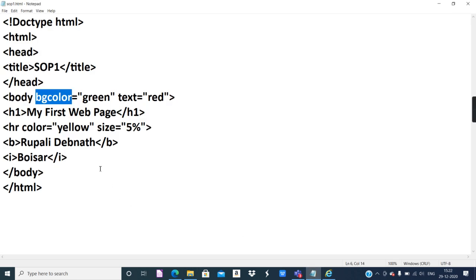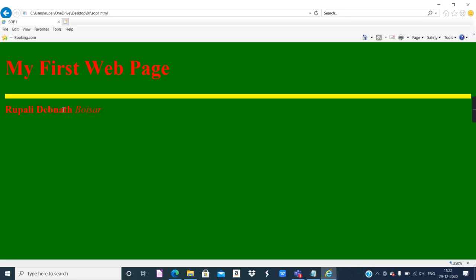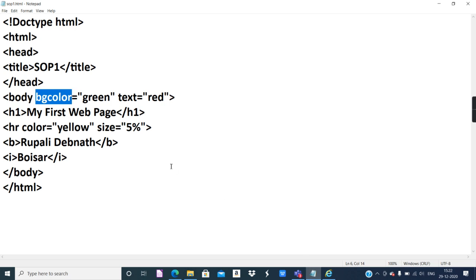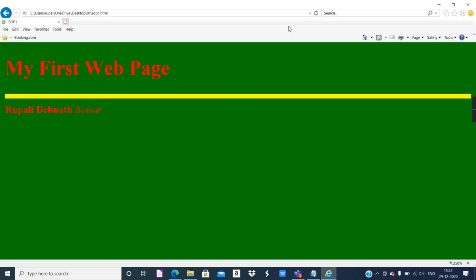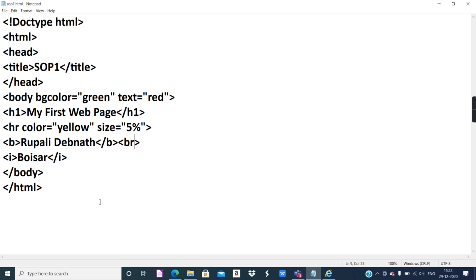Now you can see the name and the address are coming in one line. If you want to display them on different lines, you have to give a break tag. The BR tag is also an empty tag just like the HR tag. It will never have text and will not have any closing. Now you can see the next text has come on the next line.